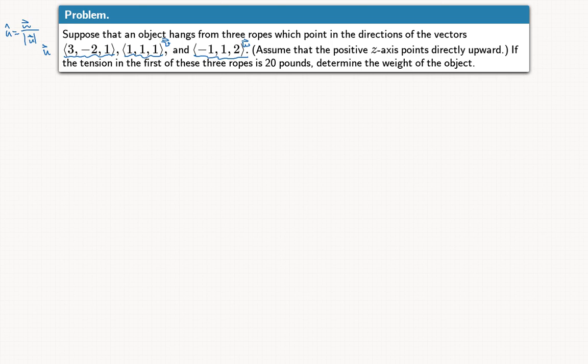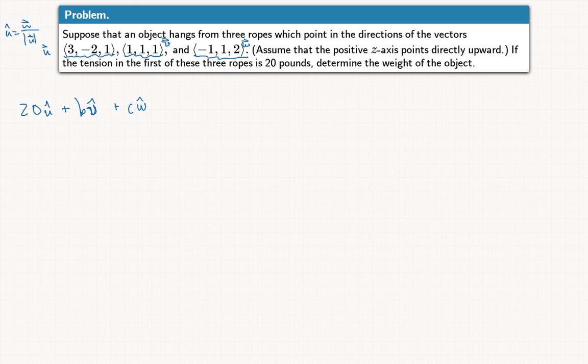So then we're told that we'll have 20 u hat, since that's the tension in the first rope, plus something in the direction of v